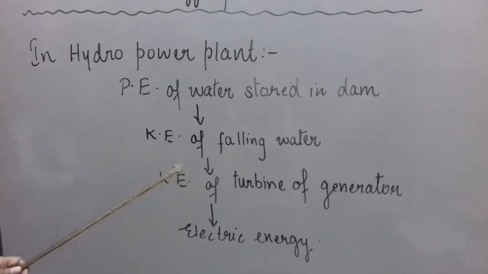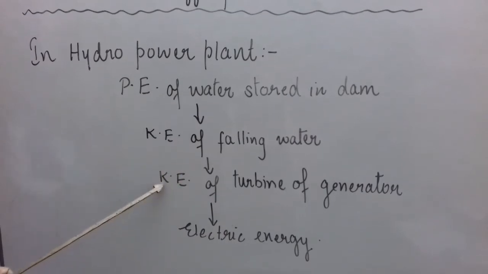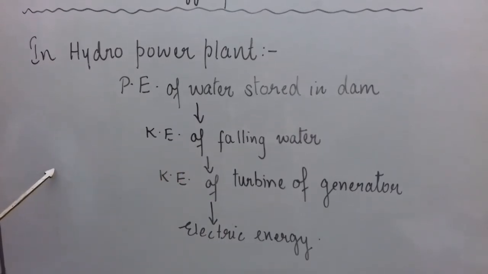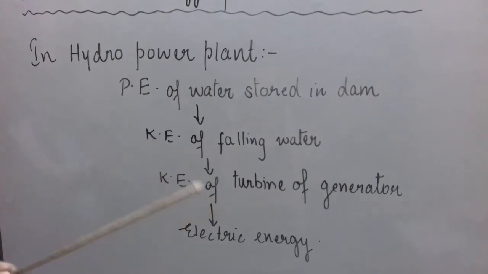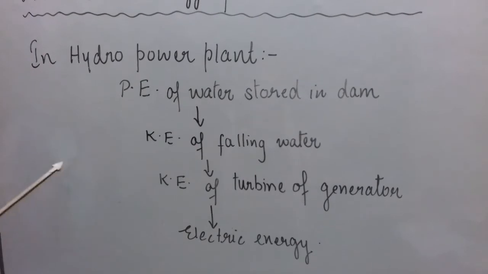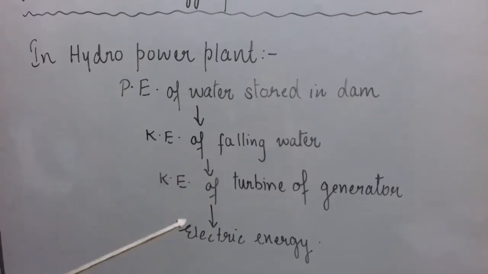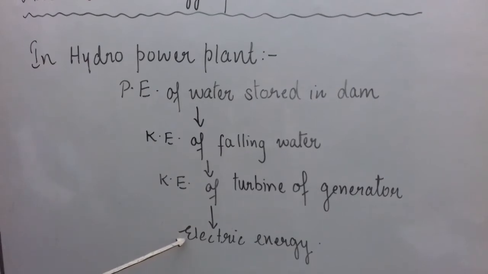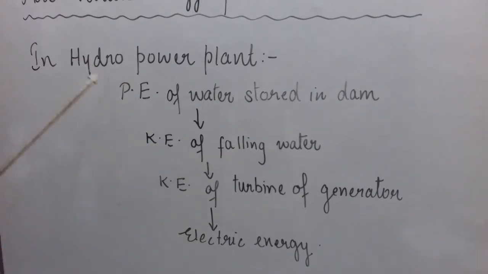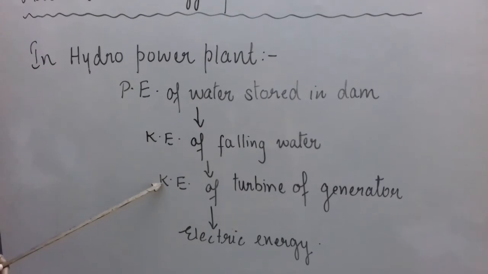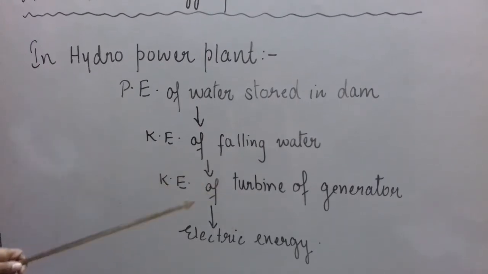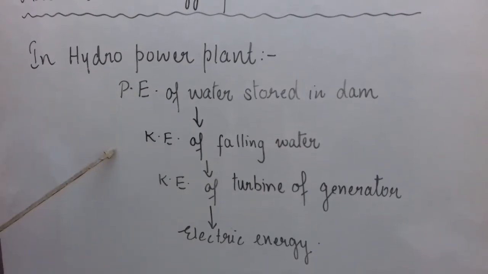And at home, we use fuel to have that kinetic energy. So we can say when we are using a generator at home, the chemical energy of the fuel used gets converted into kinetic energy, and it gets converted into electric energy. So in all the power plants, these two steps will be common. The final step is that the kinetic energy of the turbine of the generator gets converted into electric energy. The initial conversions will be different.